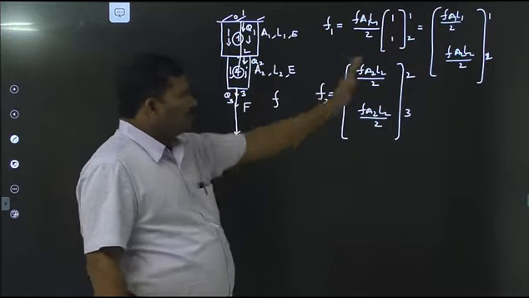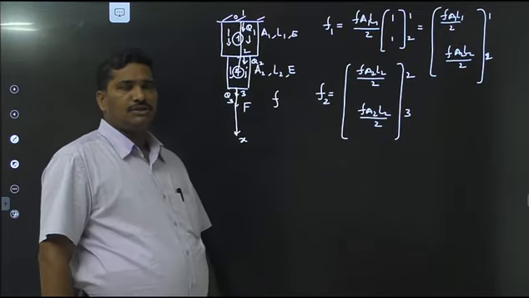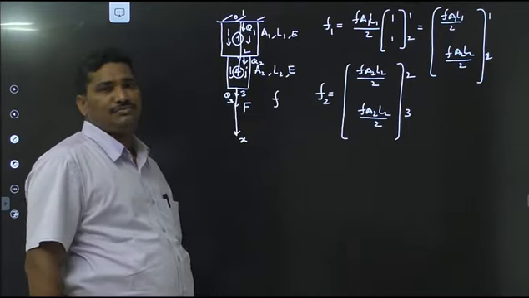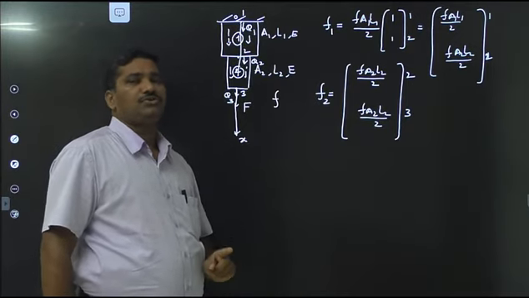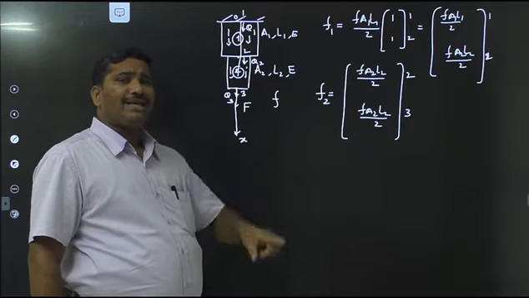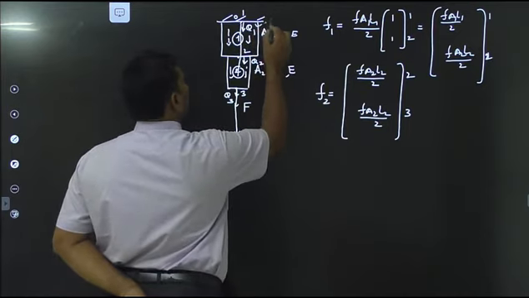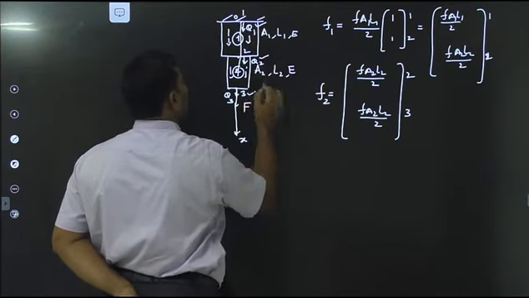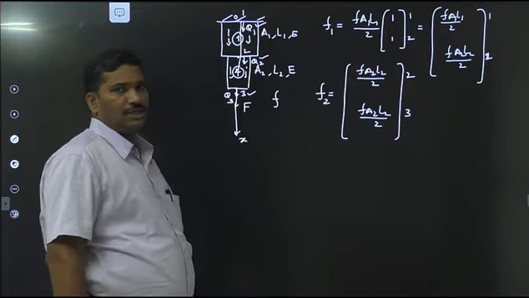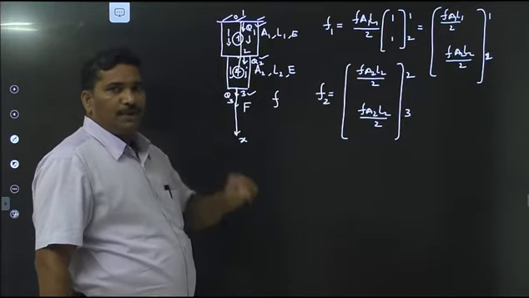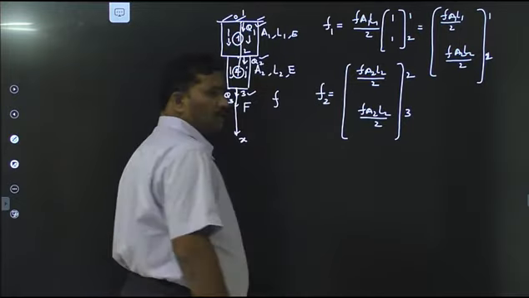Now, when you assemble these, you get the global body force vector. It is a column matrix with number of rows equal to the total degrees of freedom of the domain. How many degrees of freedom are there in the domain? 3. In the domain, there are 3 degrees of freedom. What are they? Capital Q1, capital Q2, capital Q3. Hence, if you prepare the global body force vector,